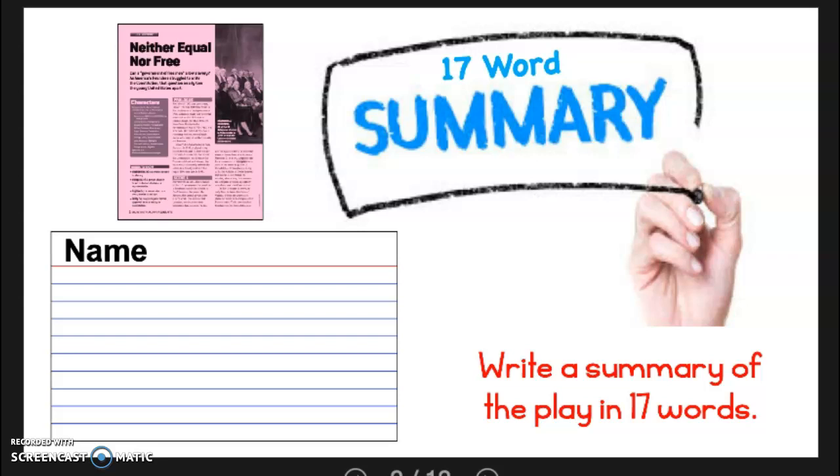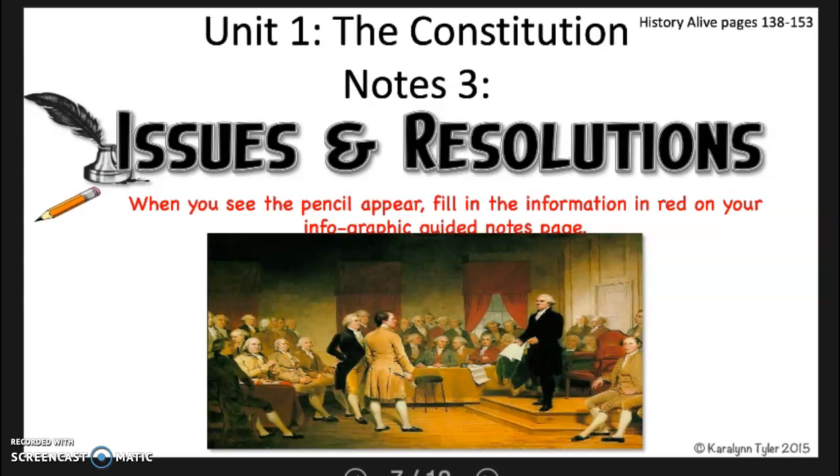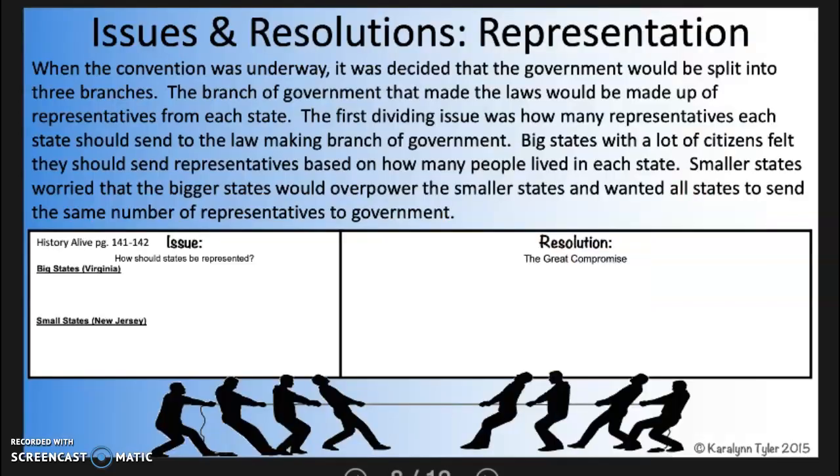All right, the notes today are Unit 1, the Constitution, Notes 3, Issues and Resolutions. Remember that when you see the pencil and you see red font, your job is to fill in the blanks on your note-taking packet. Okay, ready? Here we go. The first issue that came up as heated debate at the Constitutional Convention was the issue of